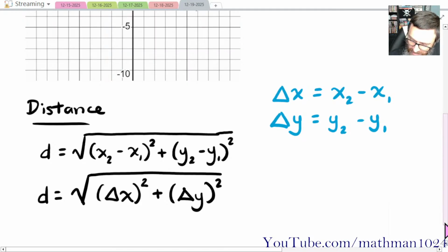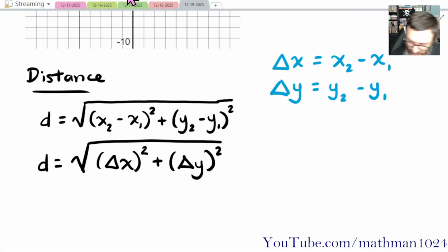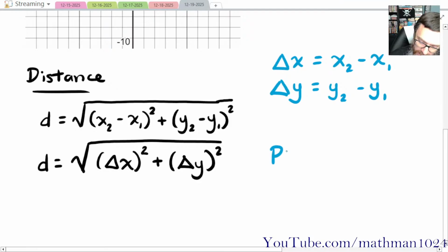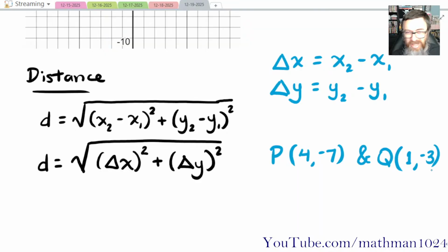So we don't need to add a lot of extra issues here. So suppose I have point P is the ordered pair (4, -7), and the ordered pair Q is, let's make this (1, -3). So I can plug it into that formula that has all of the extra subtraction and extra pieces, or